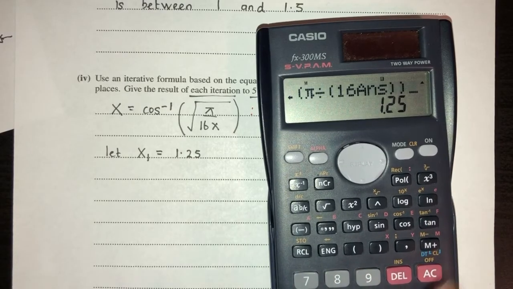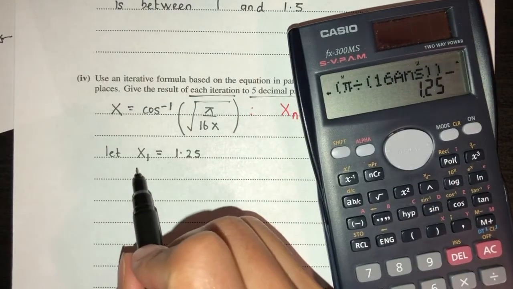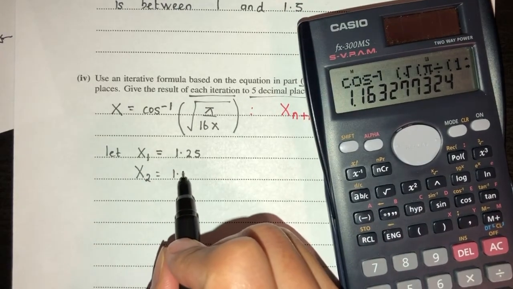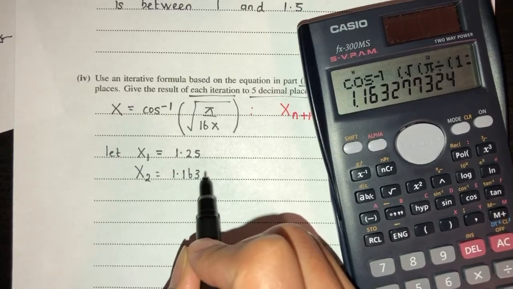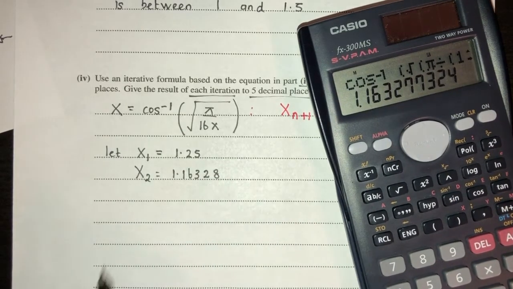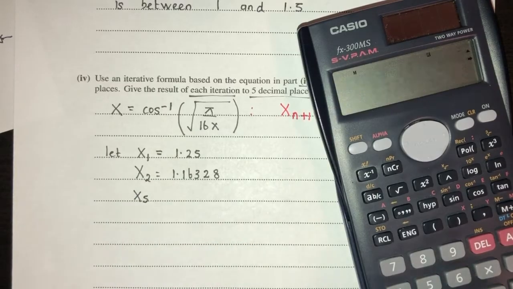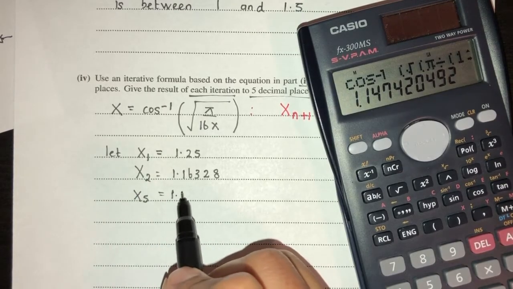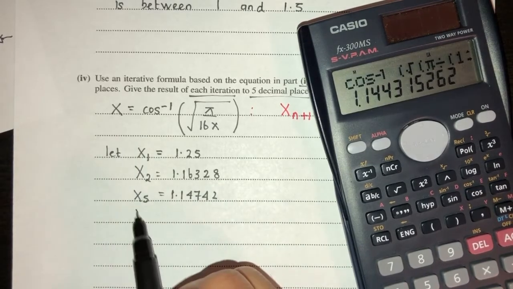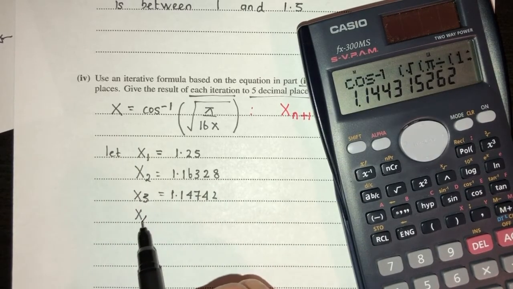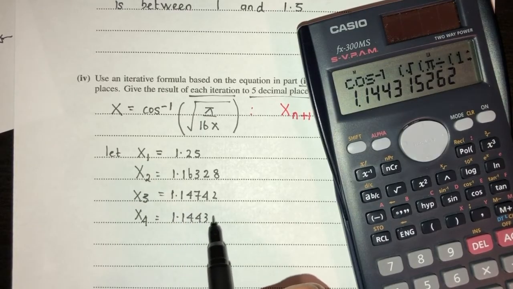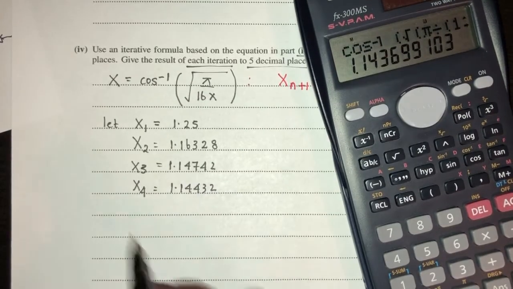Okay, so that should give you the following values. x2 will be equal to 1.16328, correct to 5 decimal places. Then we have 1.14742, this is x3. x4 should be 1.14432. Next one should be